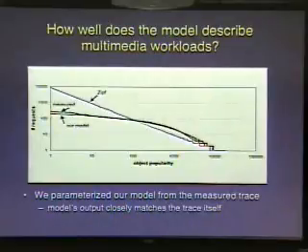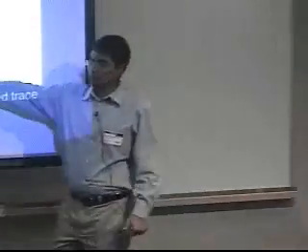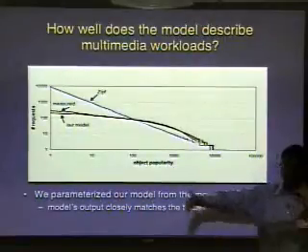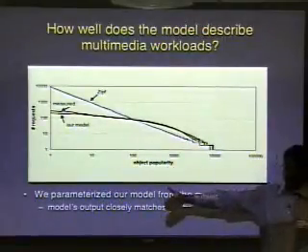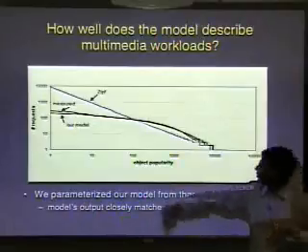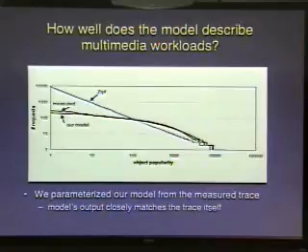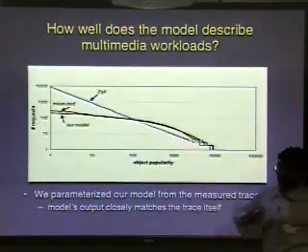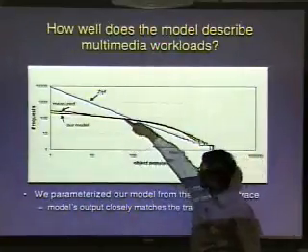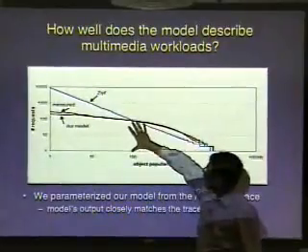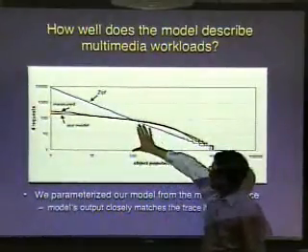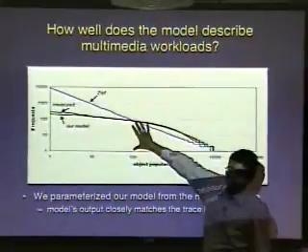I must have missed something a while back. Can you explain object popularity again? What is meant by that? By object popularity, I mean it's technically the object rank. Essentially, we order the objects based on their popularity, based on the number of requests that they received. This is to make it monotonic. So this point here refers to how many requests on the y-axis the 100th most popular object received.